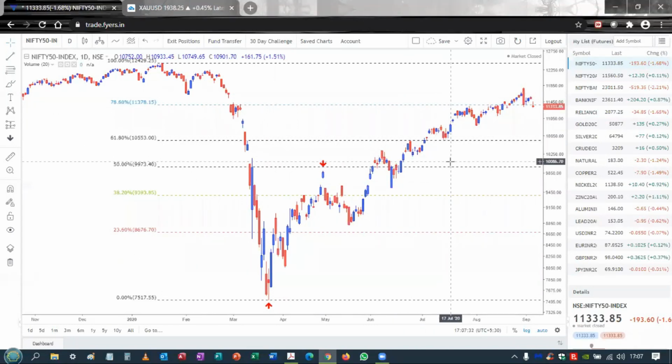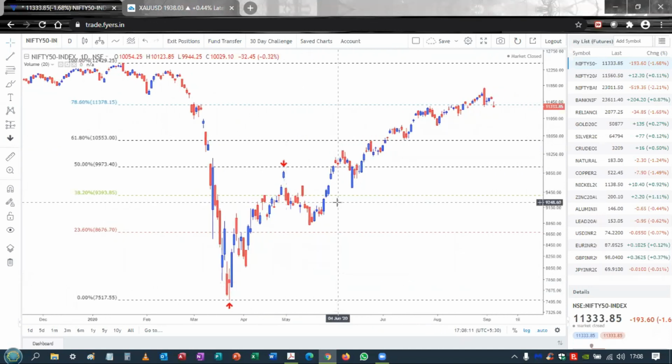So 61.8% is a very important threshold. 50% retracement is the exact midway mark. It tells you that once price retraces 50%, it has retraced half of the previous move. So it's a sort of borderline. However, when price retraces more than 61.8%, it indicates that the prior trend has weakened significantly. So in this particular case, the prior trend was down. When price retraced more than 61.8% over here, it told you that the downtrend has weakened significantly.